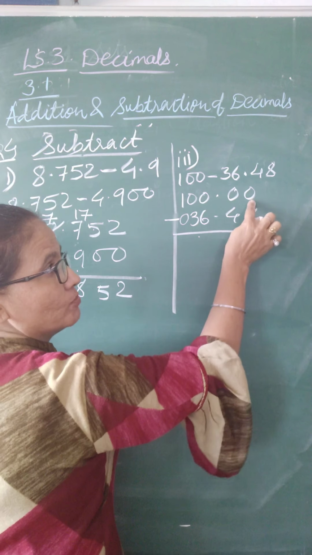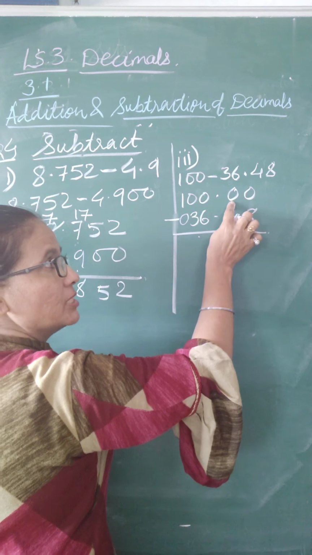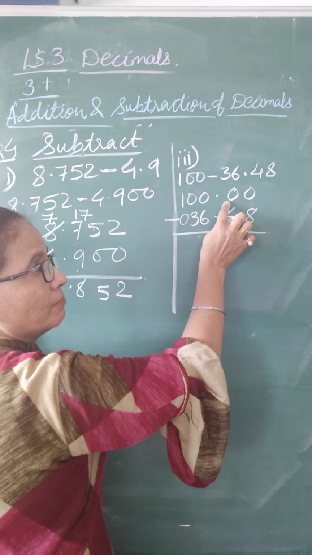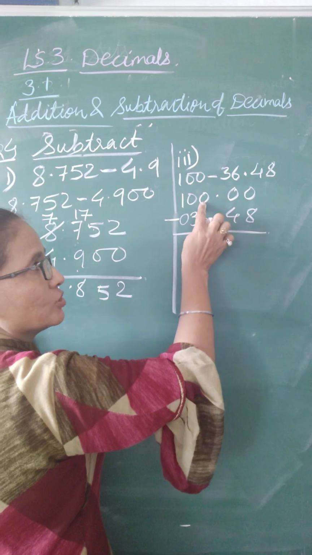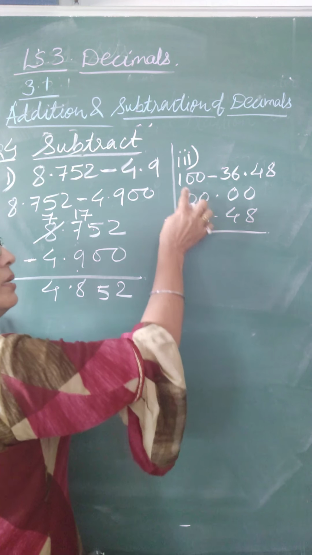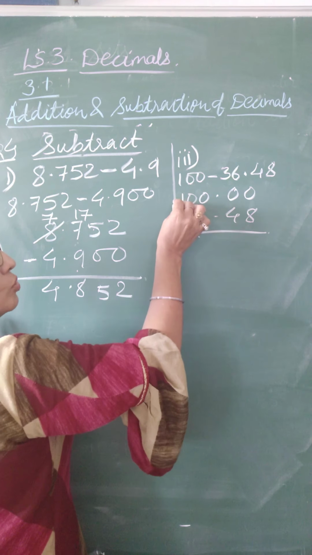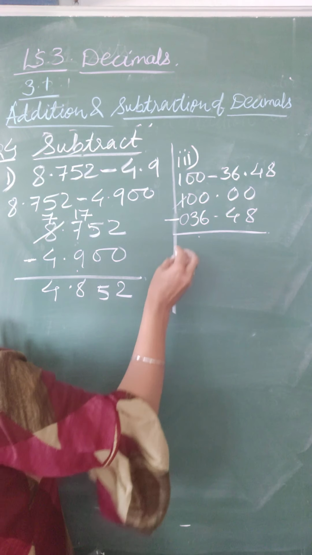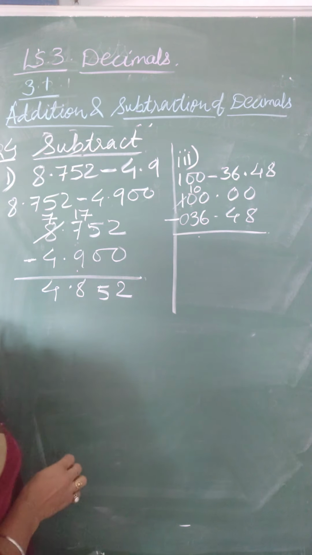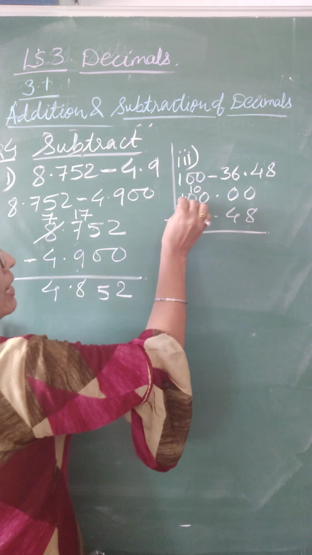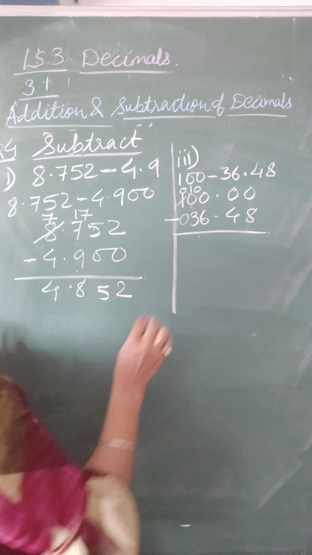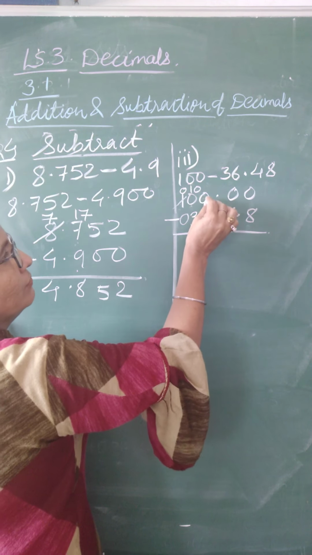Can we subtract 8 from 0? No. So you have to borrow from the next place. But here also you can see what is there? 0. So we can't borrow any number from 0. So move to the next place. Here also 0. So move to the next place. Now move to the next place. What is here? 1. So from 1, you will borrow 1 first for this place. So it becomes what? 10. And as we have borrowed 1 from 1, what is left here? 0.